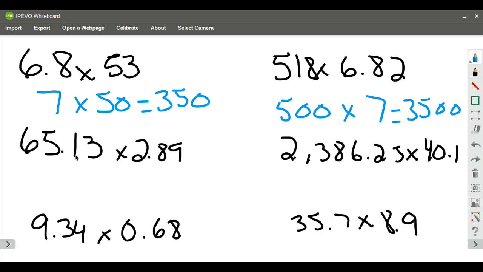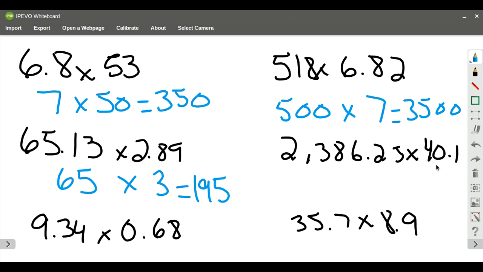65.13 times 2.89. So I'm going to round you to 3. 65, actually, I'm going to keep it at 65 because I can figure that out pretty quickly. So 5 times 3 is going to be 15, and then 3 times 6 is going to be 18, plus that 1 is going to be 19, for 195. Okay,